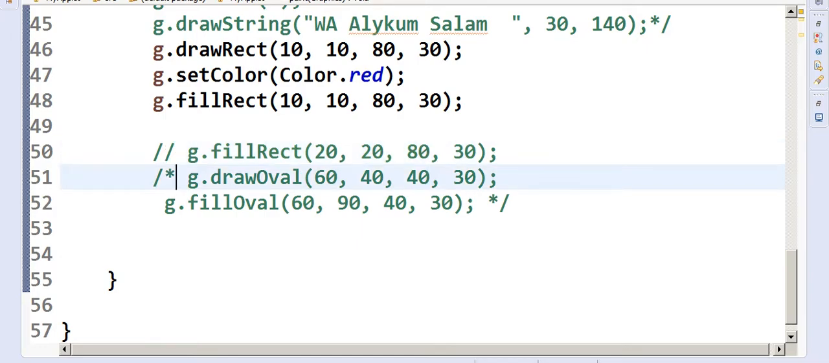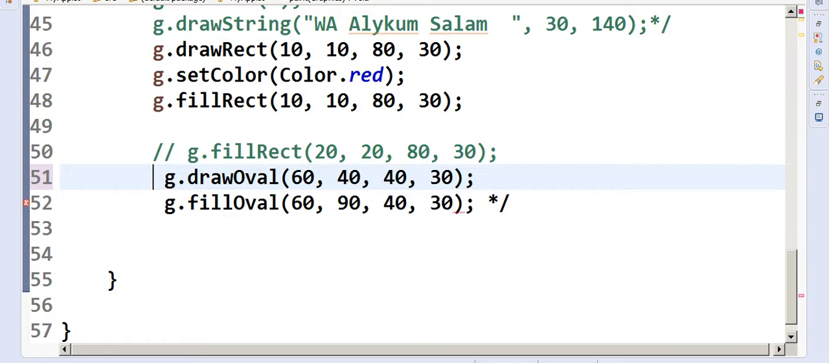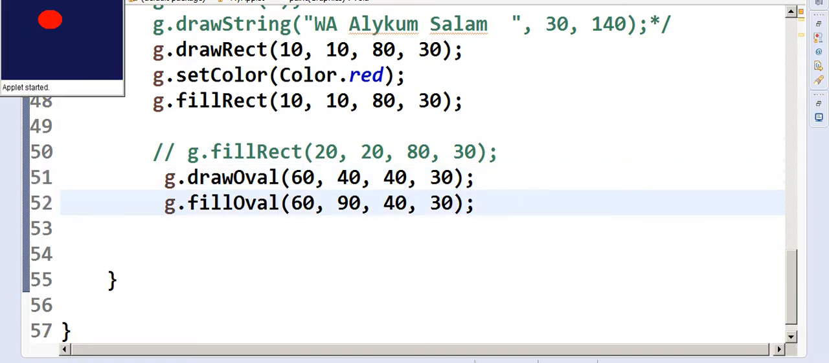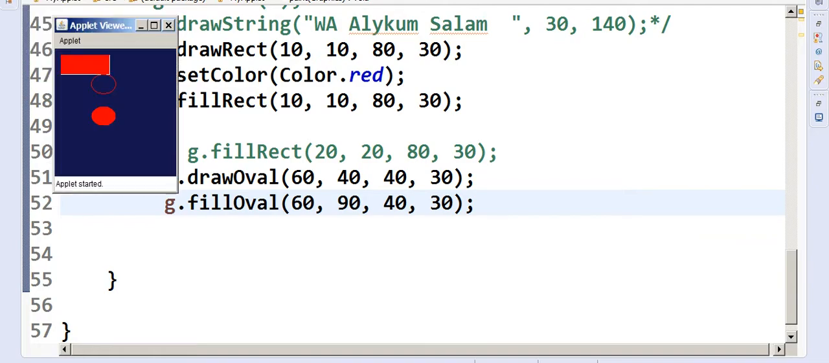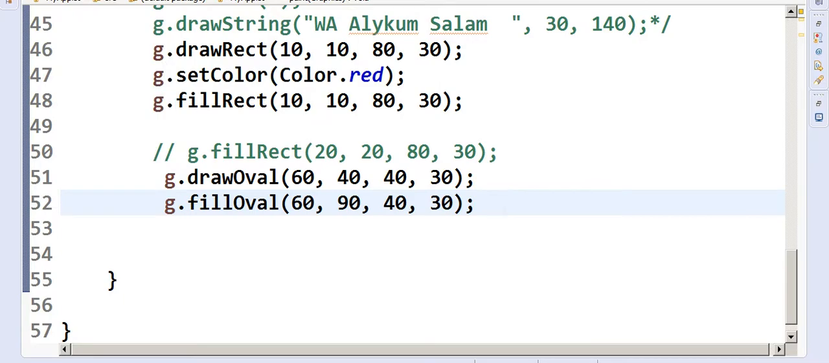Now you can have an oval. Draw oval. Draw oval at 60, 40 is the dimensions, and then 40, 30 is the width and height, and so on. And you can have a fill oval also. You have draw oval, you have fill oval. As you can see, this is the oval drawn, this is the fill oval drawn. So you can have thousands of things here which you will study on your own now and try to work